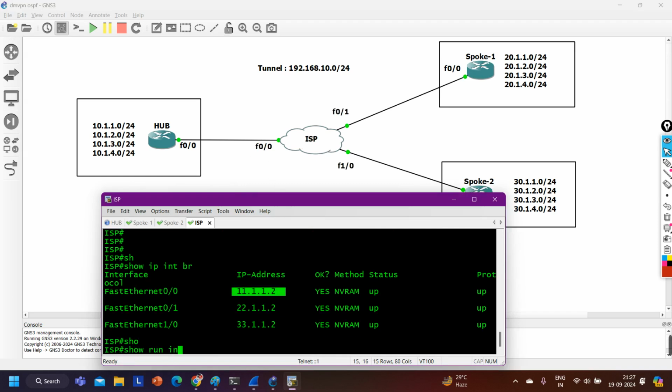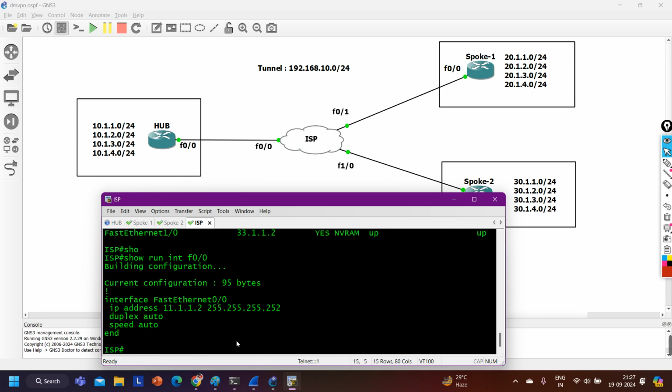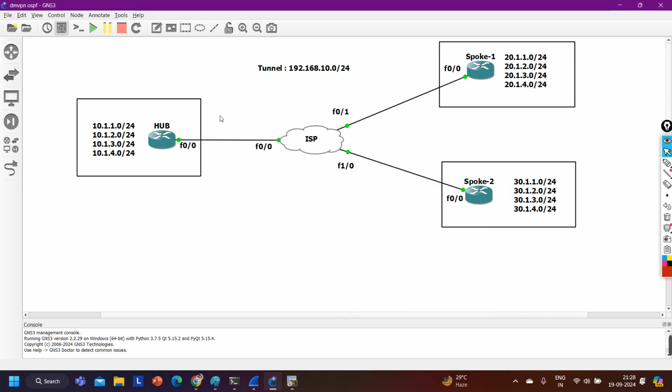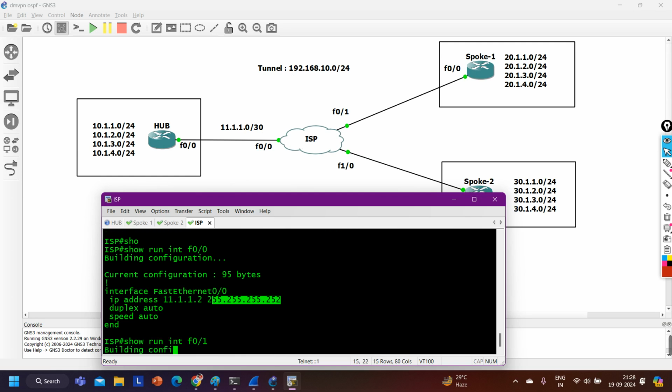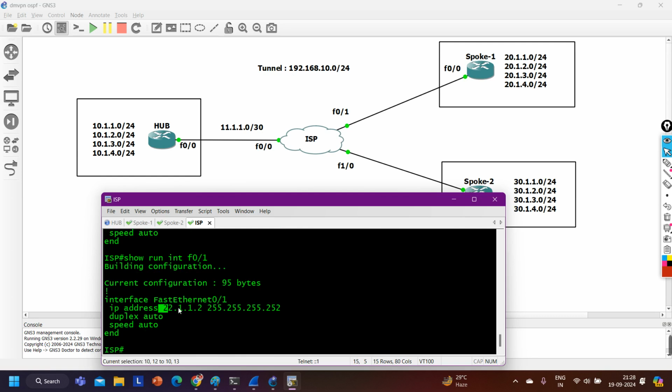So run interface f0/0. What is the subnet? I am using /30, right? So here my subnet is 11.1.1.0/30, and I am running .2 on the ISP side, which means I will configure .1 on the hub side. Then, guys, on f0/1, which is connected with spoke 1, I am running